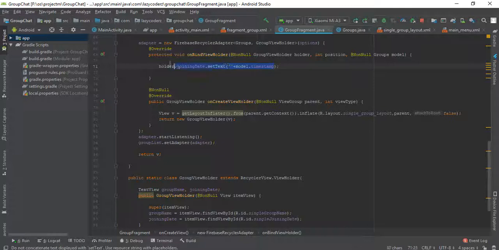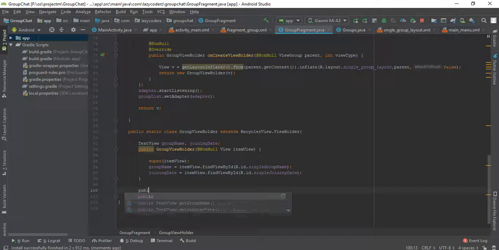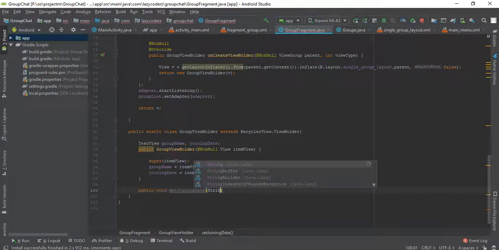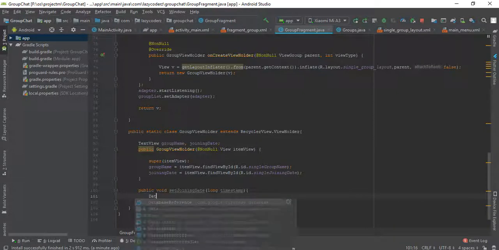Now I will remove this from here and make a function called public void set joining date. Here I will get long timestamp. Let's start here. Here first of all I will get